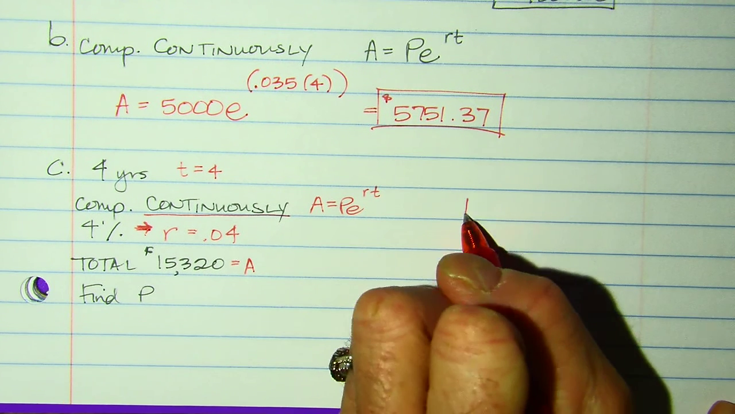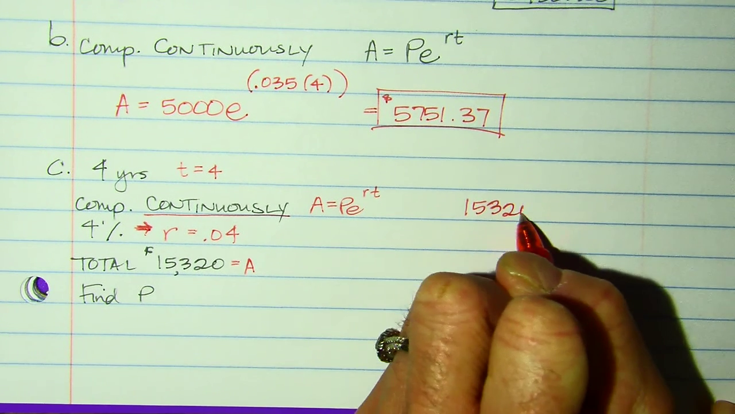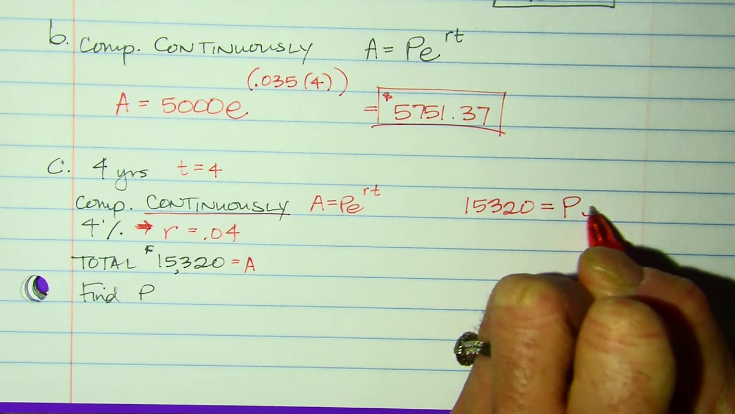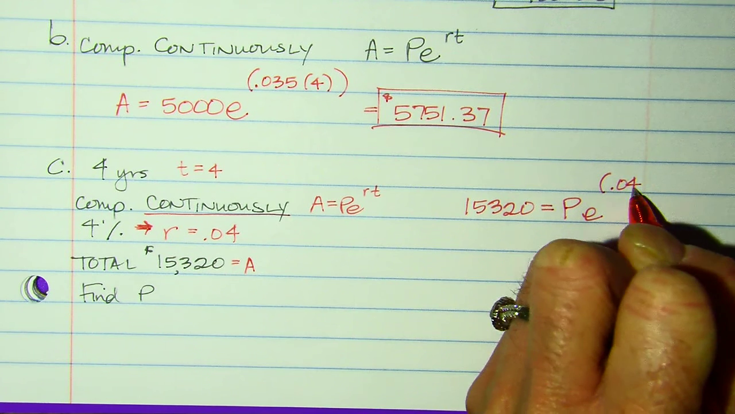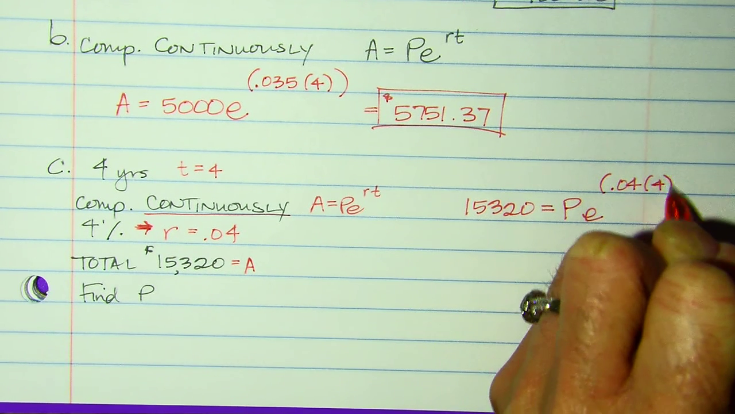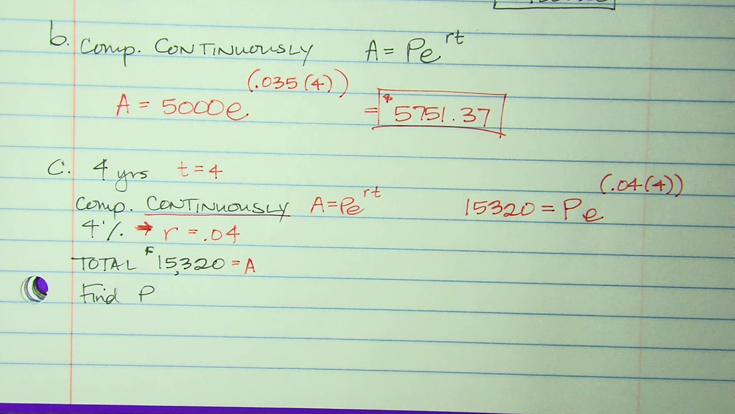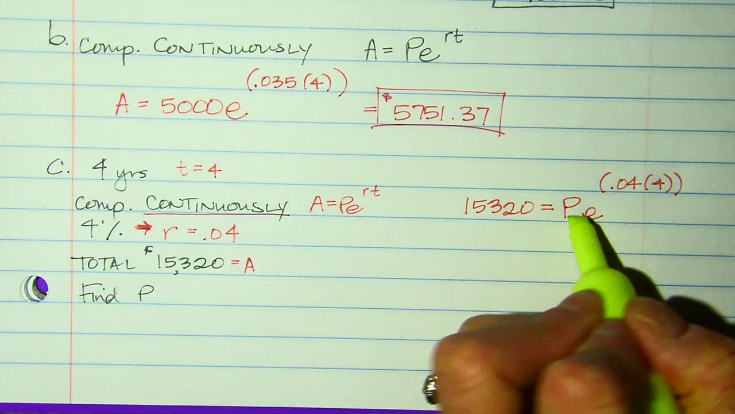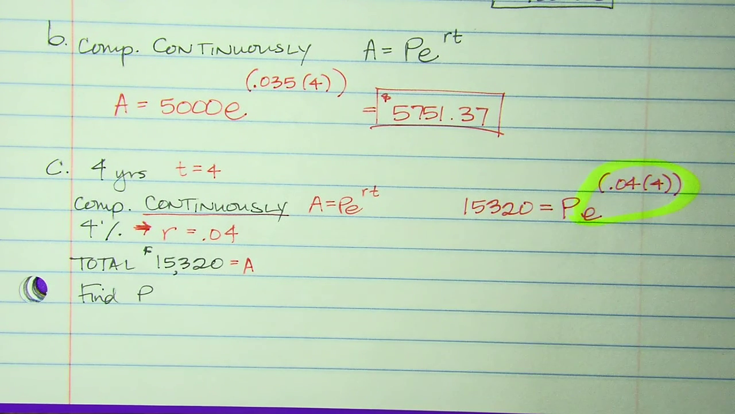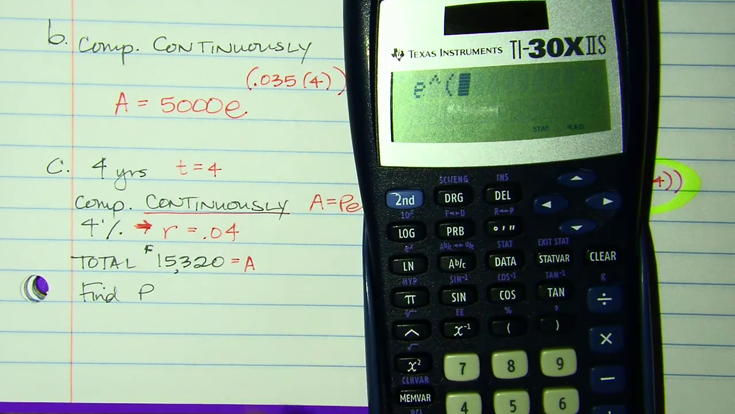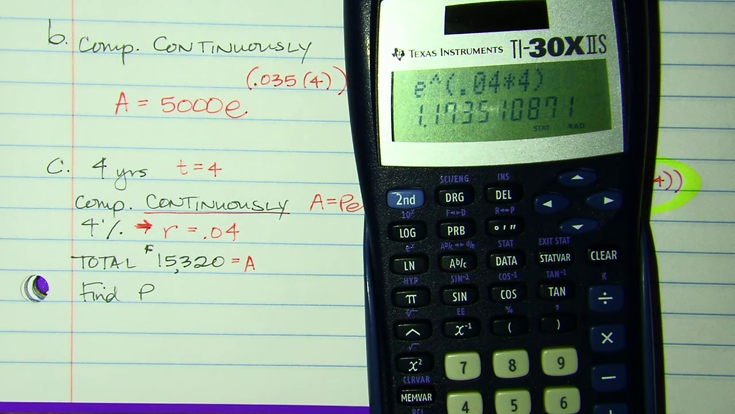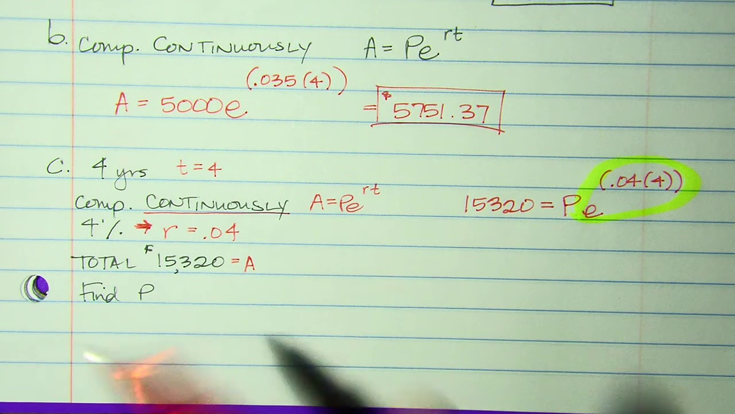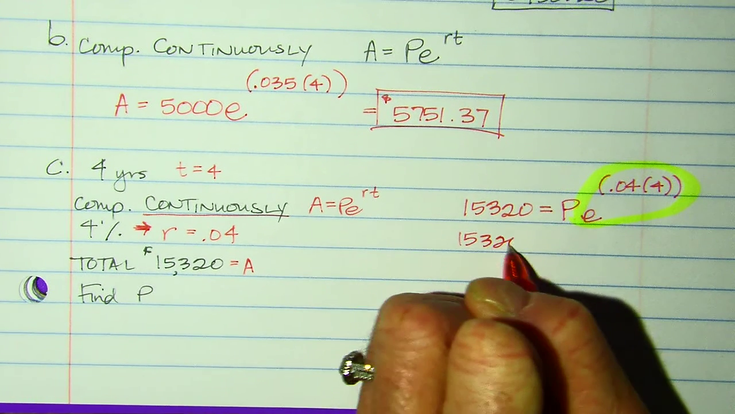So I'm going to go ahead and set it up. It says I'm going to have a total or a balance of 15,320. It's asking for how much I deposited, times e, and then my rate, 0.04 times 4 years. So I'm going to simplify. I'm going to enter this in my calculator. Okay? So second e, 0.04 times 4, because e has a numerical value. So I got 1.1735. So I now have 15,320 equals